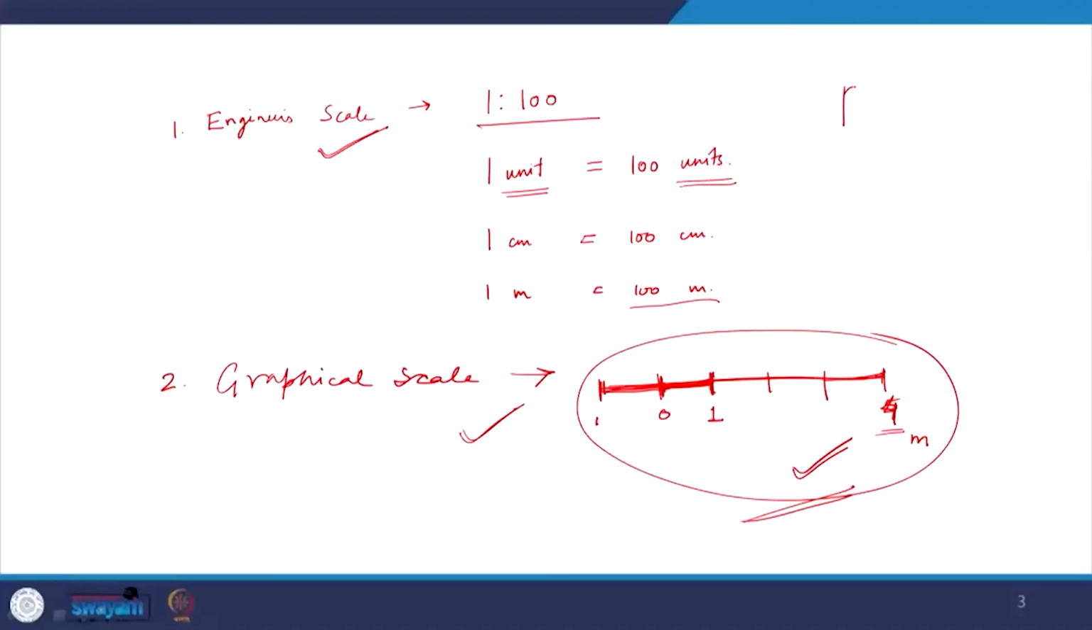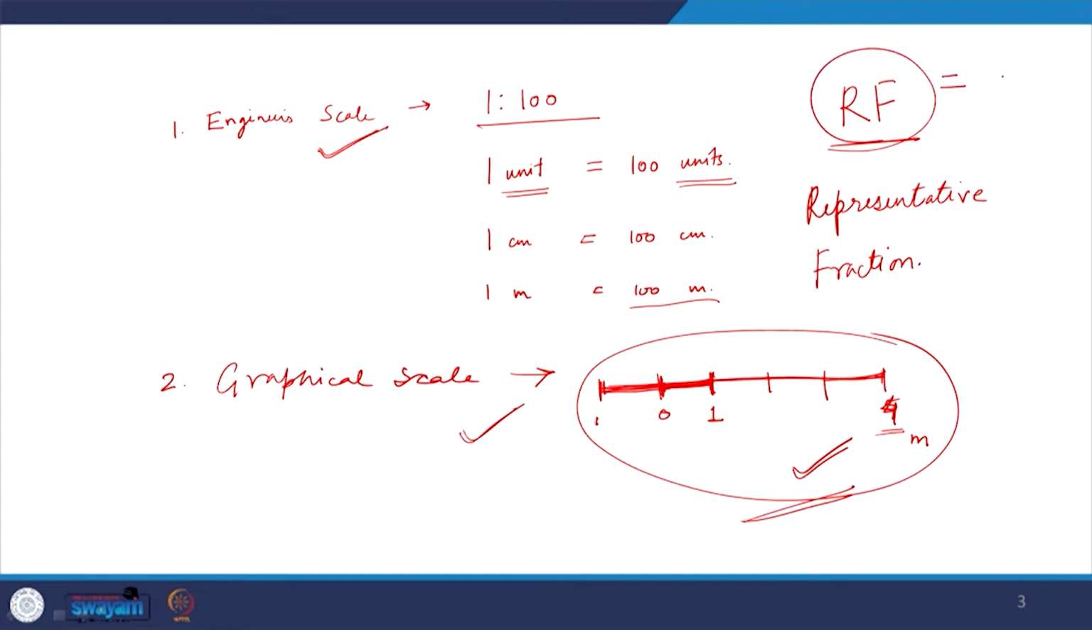Now, whether we are using an engineer scale or a graphical scale, but more for a graphical scale, one thing which we need to know is RF, or representative fraction. It is called representative fraction, and we very commonly use this term as RF. Now, what is RF? RF is equal to the length of the drawing upon the actual length